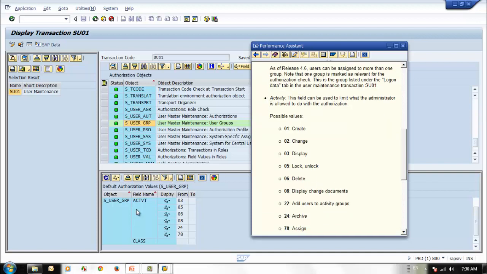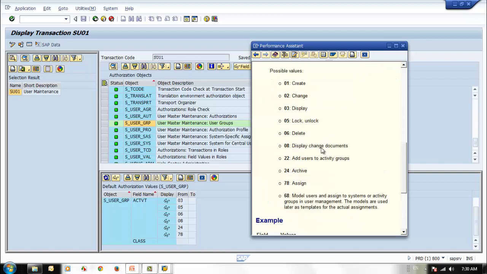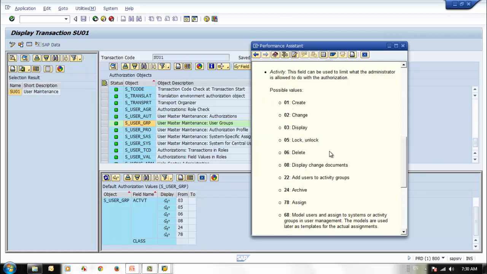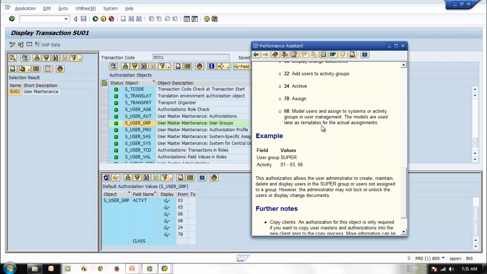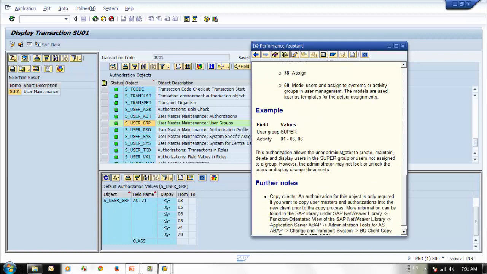Then the next one is activity. We have different activities: create, change, display, lock, unlock, delete. For example, here they are giving you an example. Let's say user group is super, then activity 01 to 03 and 06. This authorization allows the user administrator to create and maintain, delete and display users in the super user group or users not assigned to a user group. However, the administrator may not lock and unlock the users or display the changes